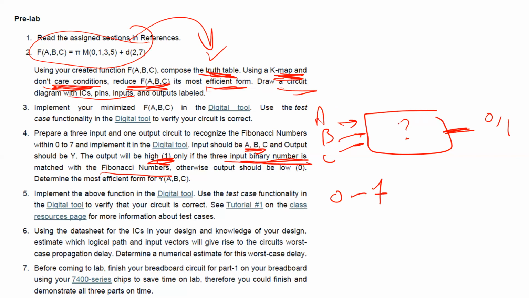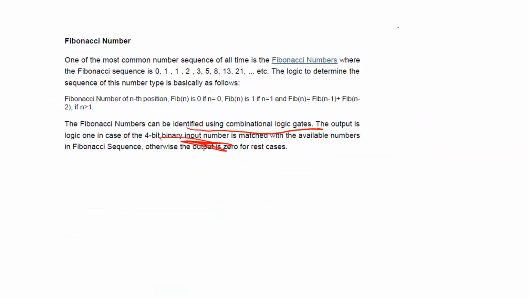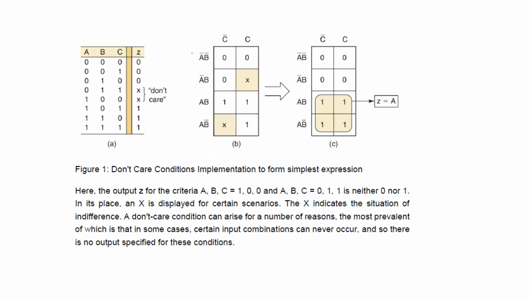So all you have to do is create the truth table. Here you have A, B, C. You have to put all possible cases here, and then look at this number. For example, for numbers 0, 1, 2, 3, and 5, these numbers are Fibonacci numbers. So you have to put